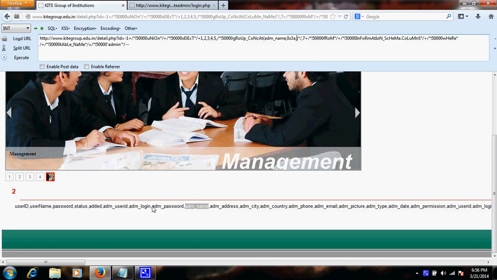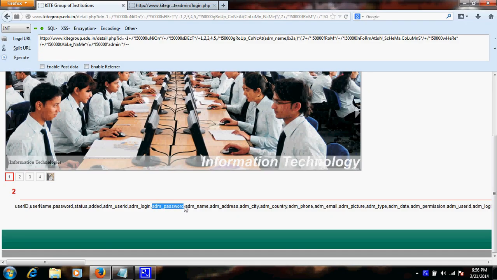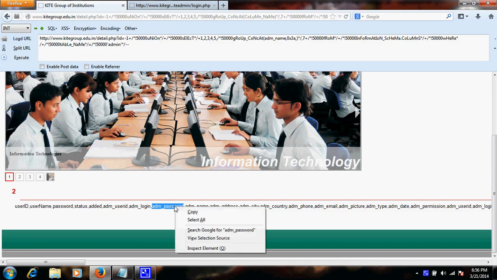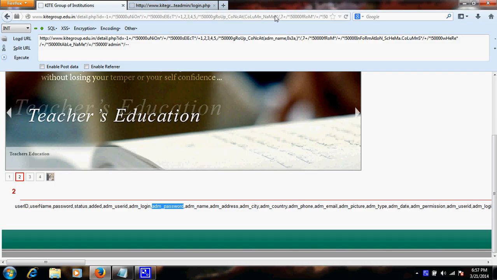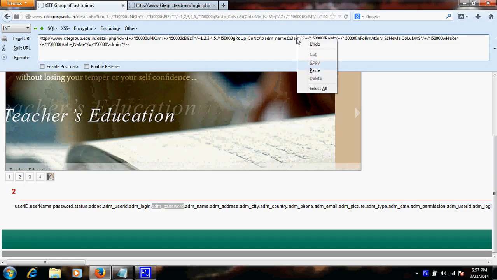I need the admin password information. Many columns are available, but I need only two, through which I can retrieve the admin panel's credentials.